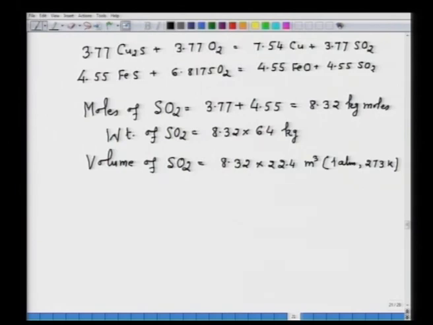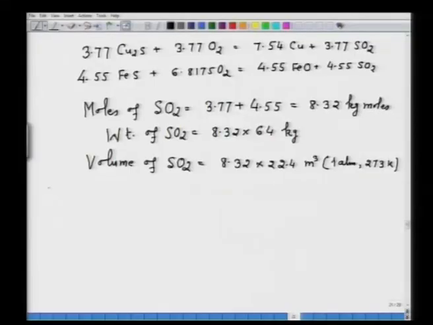You divide by the composition of air, and in that the oxygen is 0.21. So, if you divide, you get the moles of air. So, you can get so many information from the balanced chemical equation. That was the idea of solving this particular problem. Now, let us take another thing, the ideal gas law. For gaseous processes, this is also very important.